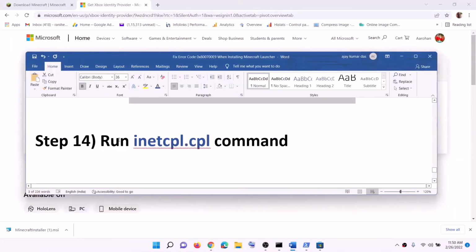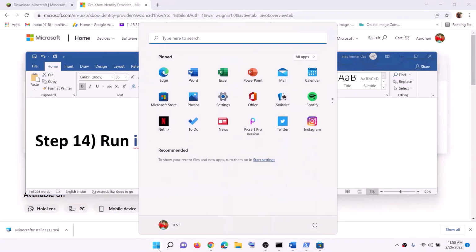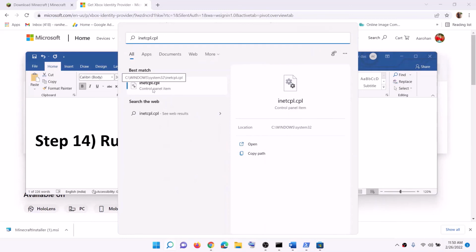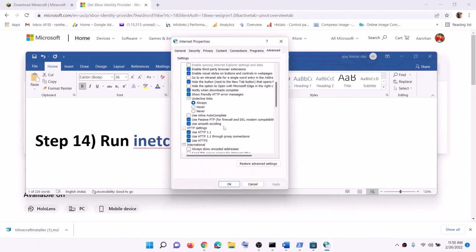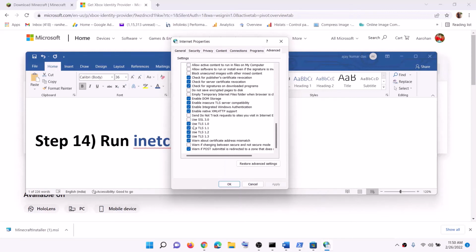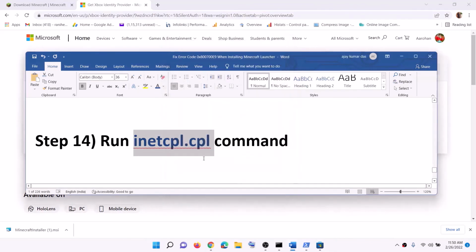Now the next step is to run inetcpl.cpl command. For this, type in inetcpl.cpl in Windows search box and then click on inetcpl.cpl. Now go to the advanced tab, scroll down. Here you can see use TLS 1.0, TLS 1.1, TLS 1.2, TLS 1.3. Make sure all four are checked over here, and then click on apply, click on OK, and then try to